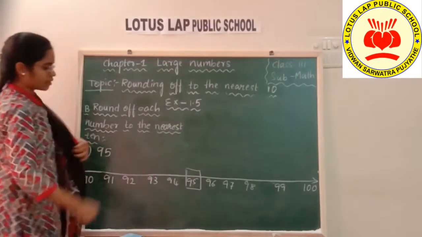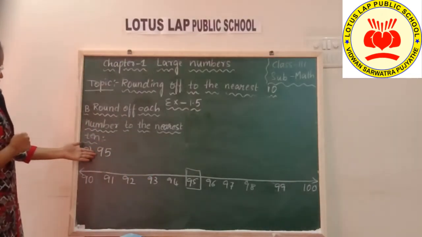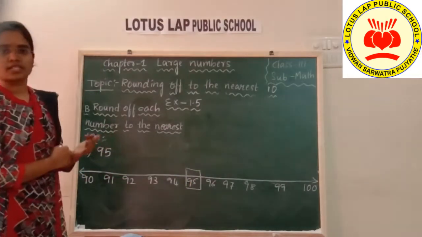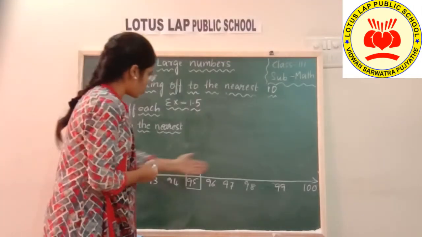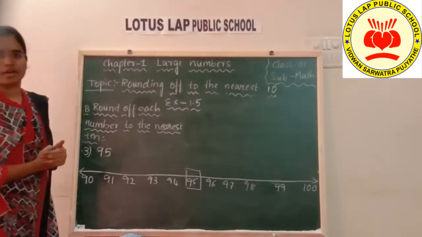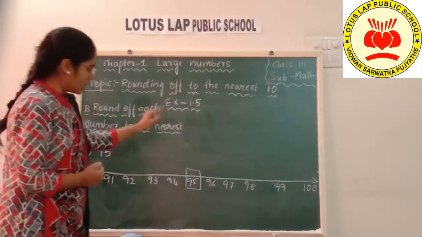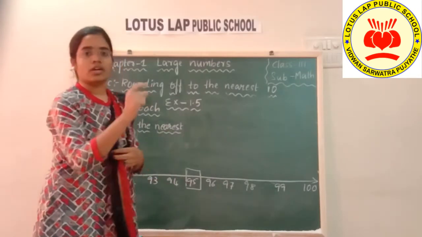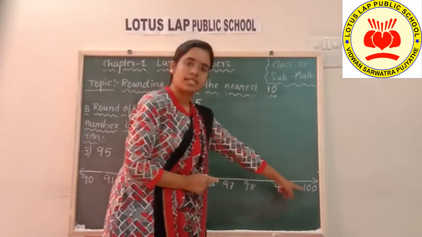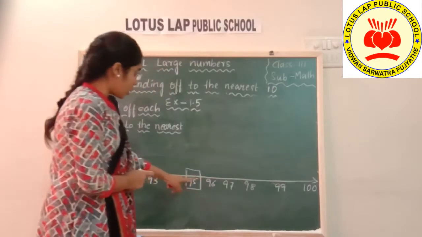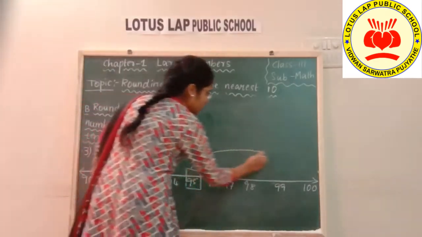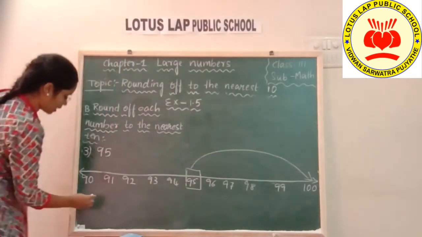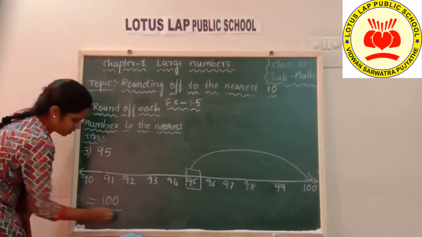Now you need to check where it is. See, the question is 95 and the reference value is also 95. So to which nearest tens do you need to round off? It is closer to the next value and also closer to this value. Yes, I have told you, including the reference value and the values after that, all are to be rounded off to the next tens value only, children. So now 95 is rounded off to the number 100, and the answer is 100, children.